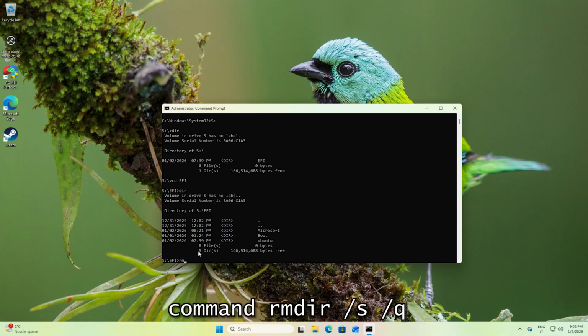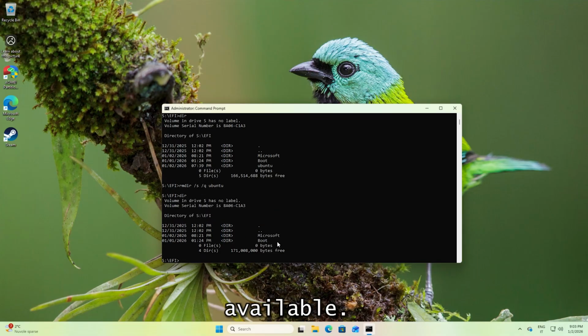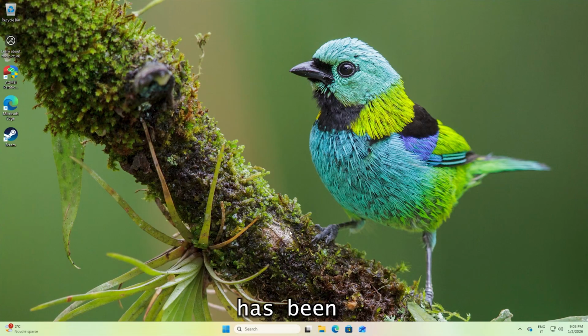Use the command rmdir /s /q and the name of the Grub bootloader folder, in my case Ubuntu. Run dir again to see which folders are available. As you can see, I now only have the 2 Windows folders. If you have the same result as me, you can now close the terminal and Zorin OS has been completely